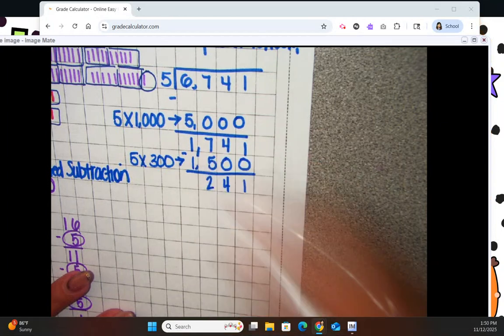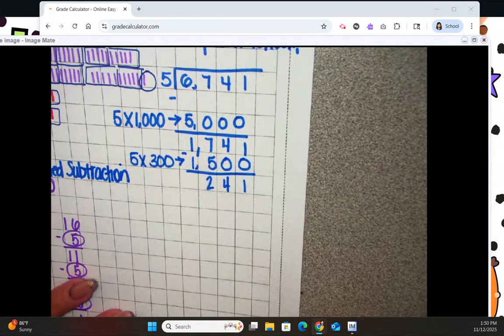In parentheses, I put the savage. Oh, savage. I love it. Savage. So now